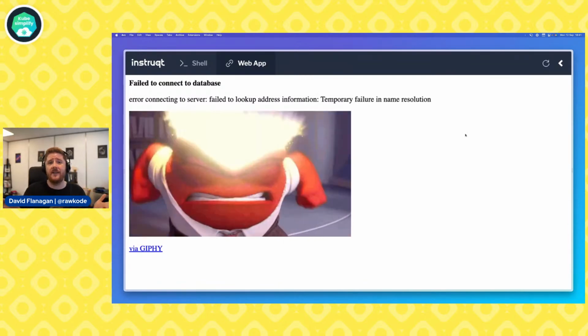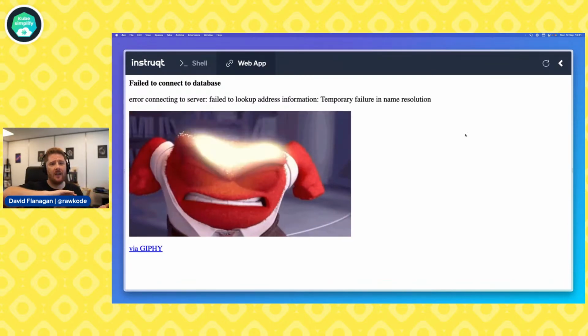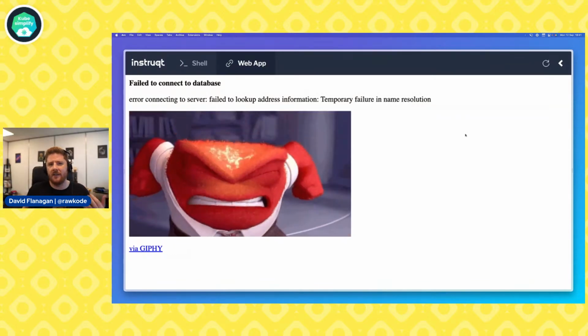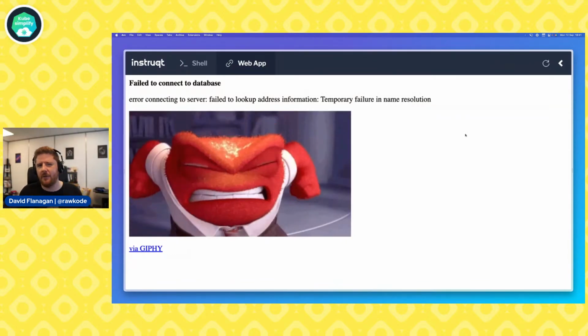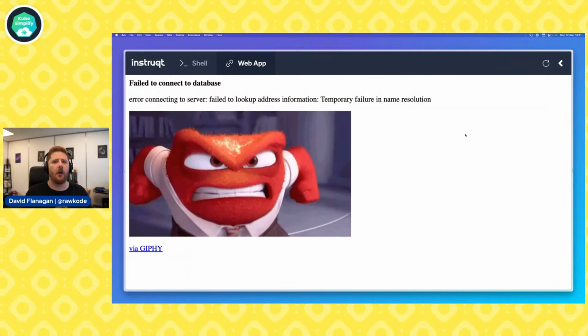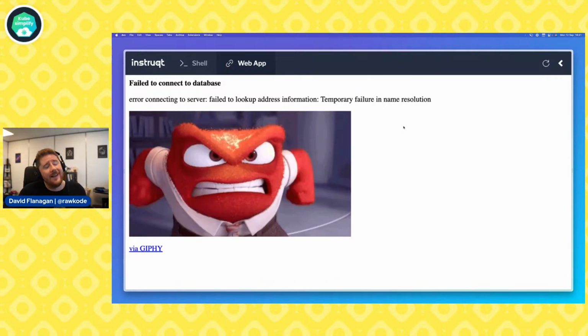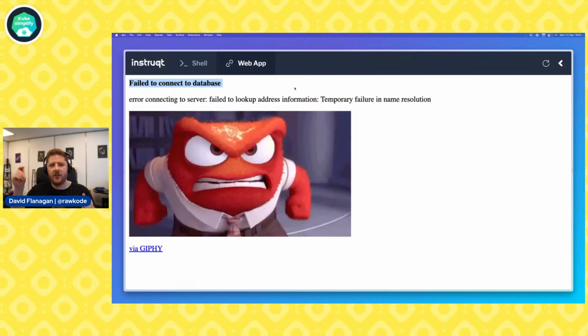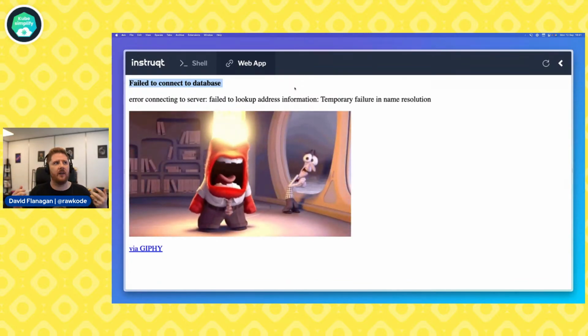So our application is sending us a response. Most of our boilerplate and plumbing in this cluster is working, right? So this is great. This means that the surface that we need to be able to debug is much smaller. Next, we need to really understand the error message. Now, it's very easy to see failed to connect to a database and start jumping to lots and lots of conclusions. Okay, where do I go here? What do I need to fix? But it's always important to pay attention to the error messages in full.